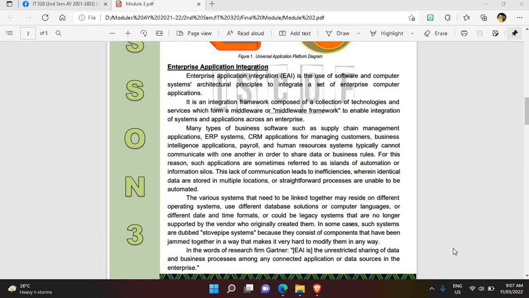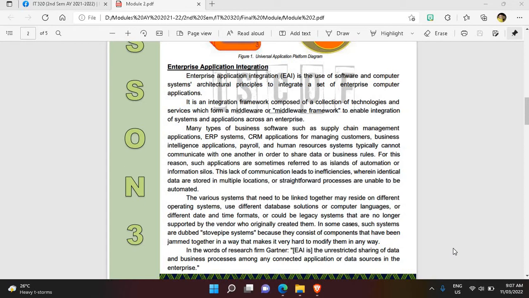For this reason, such applications are sometimes referred to as islands of automation or information silos. These information silos or islands of information are your stuck data warehouse. At this point in time, it's what you call your cloud